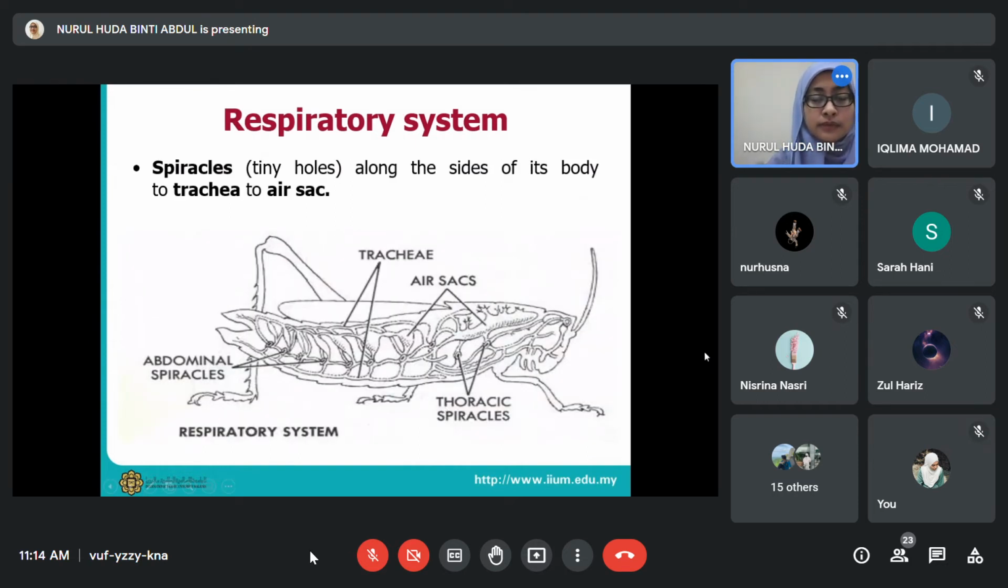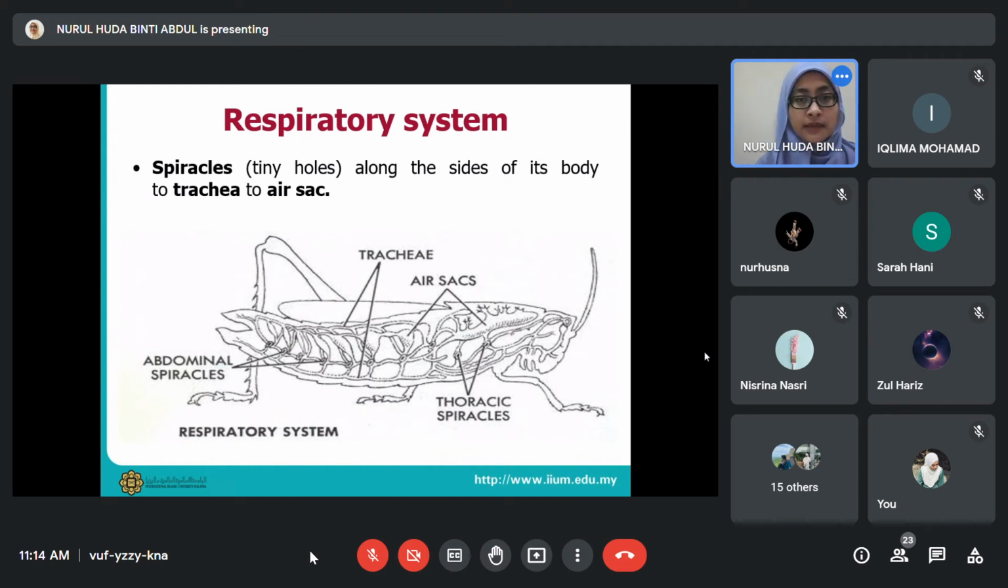Okay, so since I said kita tak akan pergi detail internal kan. And they have quite a respiratory system as well. Okay, tadi kita kata in human, kita ada part yang kita punya blood is actually mixed with oxygen. But this system is totally different since they have circulatory system and respiratory system obviously